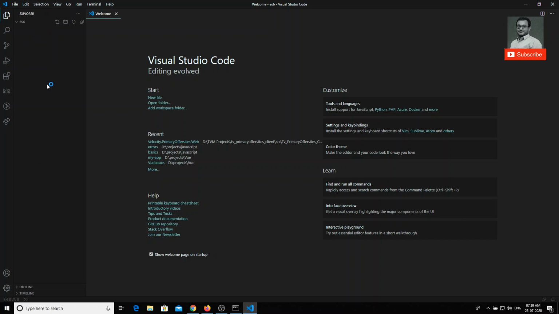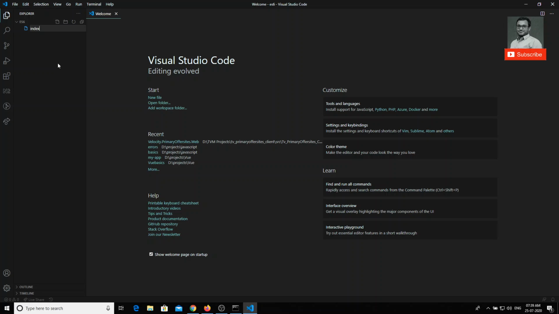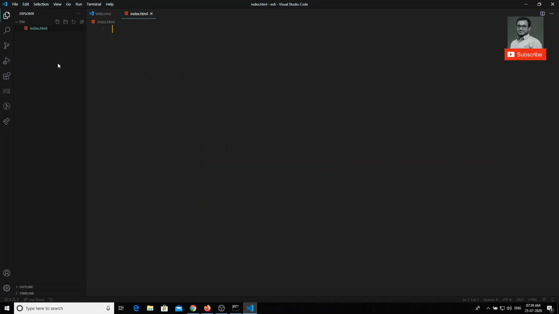Now let's create one file, index.html, just a sample file. I am using the HTML5 template.